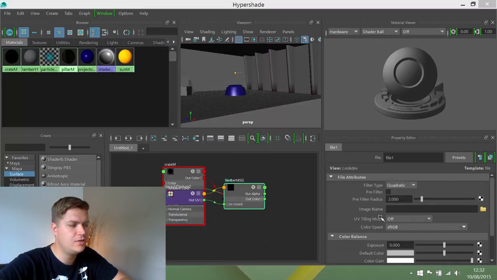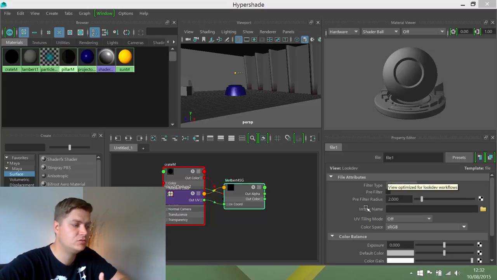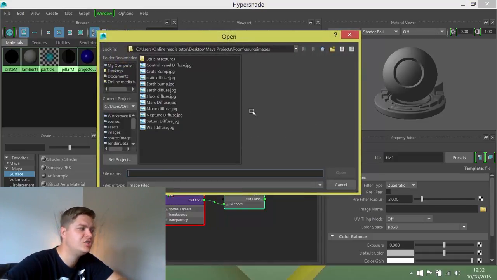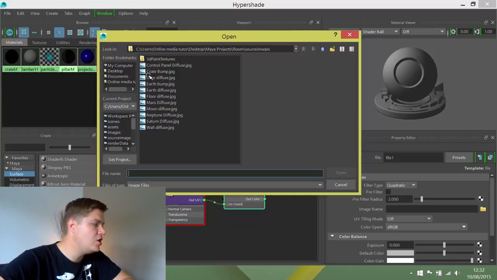Awesome. And then it'll take you through to the properties for the file. You don't really need to change anything, but the one thing that you must change is the image name, and that is where you tell it which image you're going to use. So I'm going to click on that, and you'll see that it takes me straight into my source images folder, because that's where Maya expects your texture files to be. And the one we're going to use is called